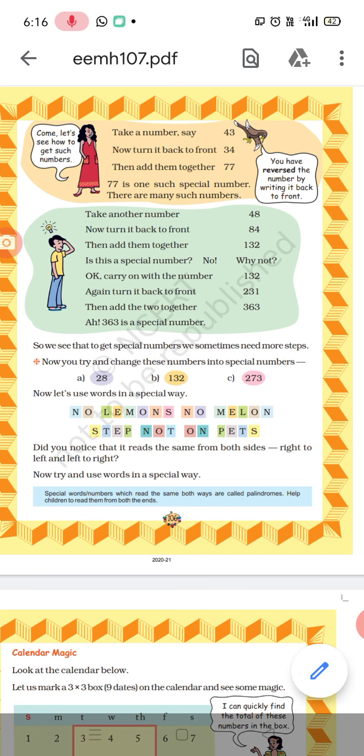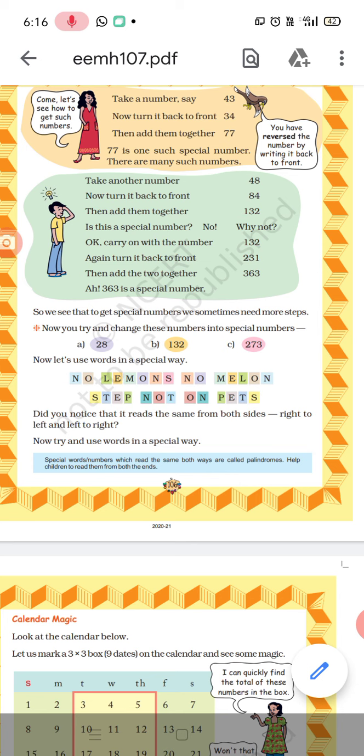फिर उसे प्लस कर देना है. Then it will become 77. Now 77 is one such special number. अब हम आइडेंटिफाई कैसे करेंगे कि वो स्पेशल नंबर है या नहीं है. तो उसको आइडेंटिफाई करने का एक तरीका ये है कि जब आप उसको बोलोगे, चाहे वो फॉरवर्ड से बैकवर्ड बोलो,